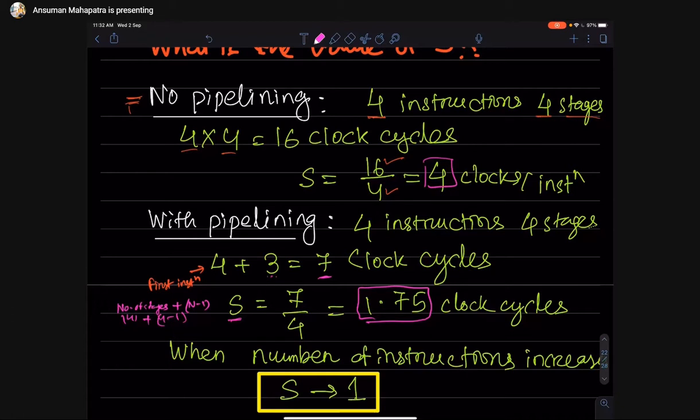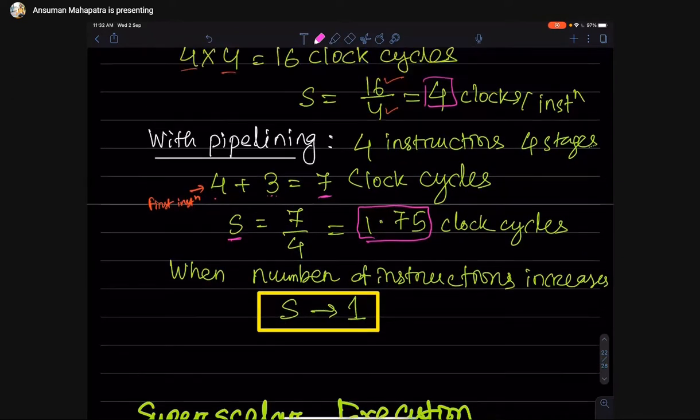Here 4 is the number of stages we have to execute, and there are n instructions, so the total will be the number of stages plus n minus 1. That is the generic formula.